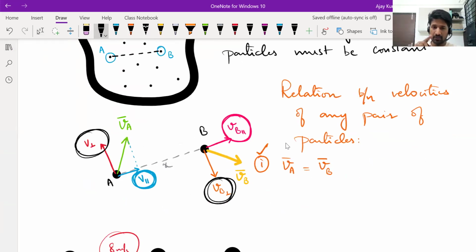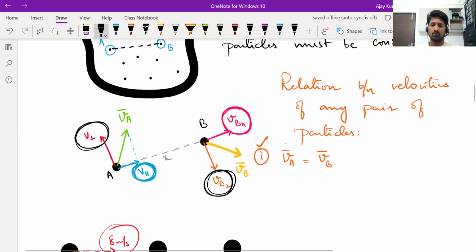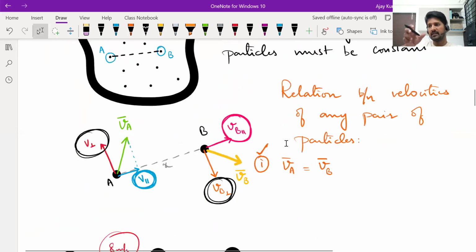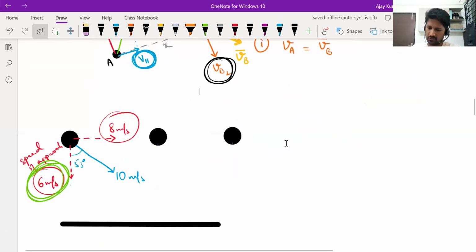But what will those perpendicular velocities do? Those perpendicular velocities will make that line connecting them rotate. Okay. If B has a velocity perpendicular to the line connecting A and B, then B rotates around A. Similarly, if A has a velocity perpendicular to the line joining A and B, A will rotate around B, because we know in circular motion,